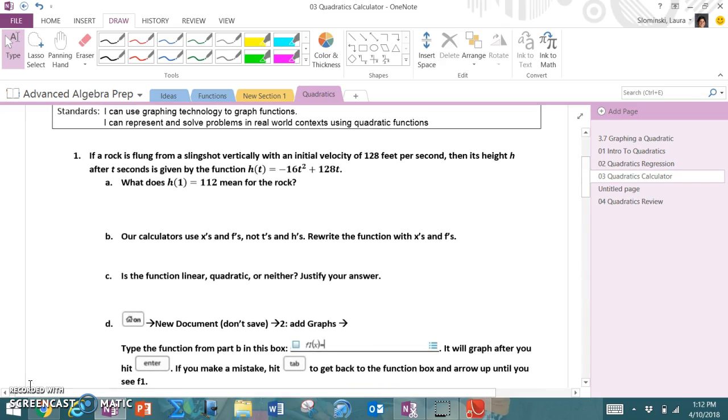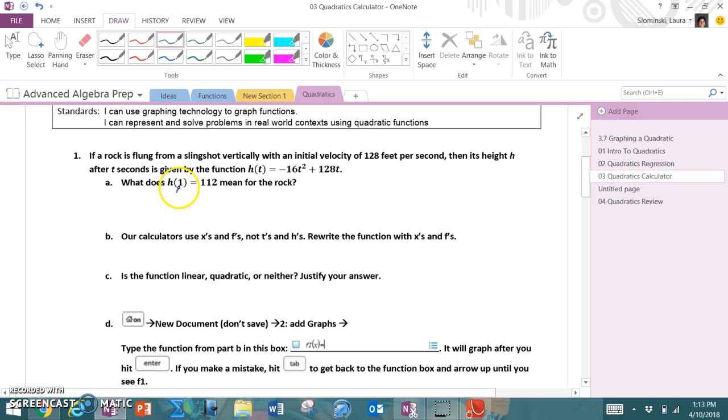The first example says if a rock is flown from a slingshot vertically with an initial velocity of 128 feet per second, then its height h after t seconds is given by the function h of t equals negative 16t squared plus 128t. The first question, part A, asks us to describe what h of 1 equals 112 means for